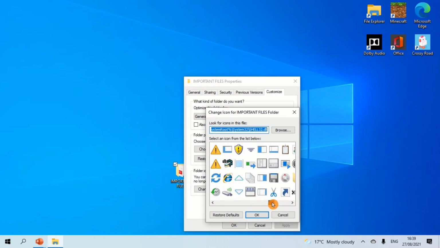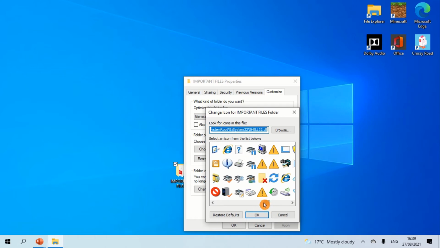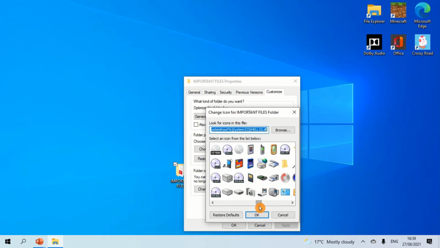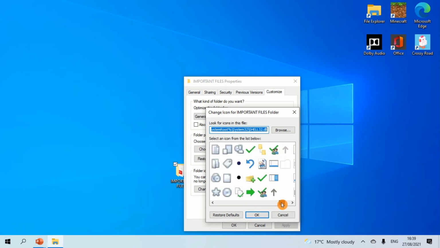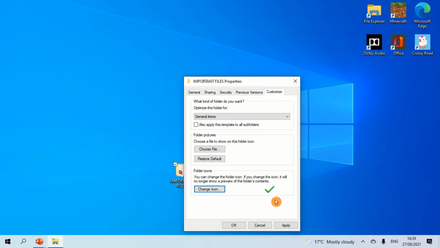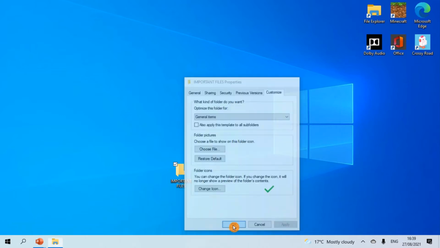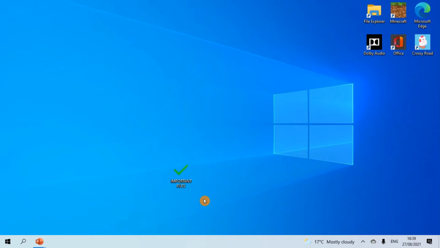Whatever icon you like, you may like this one, a caution sign, you might like this one, any one that you like. You can hover over it and double left click. Please press left click twice, and as you can see, your icon has appeared here. Now that we have done this, we will press Apply. Please left click Apply once, and once you have done that, please press OK. Left click this once, and as you can see, our folder icon has changed from what it was before to